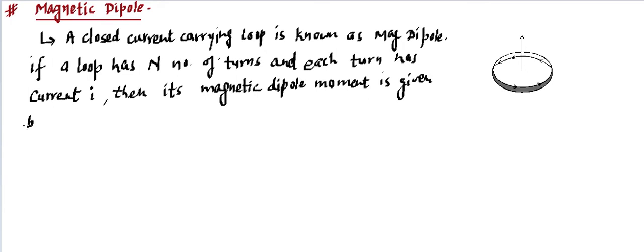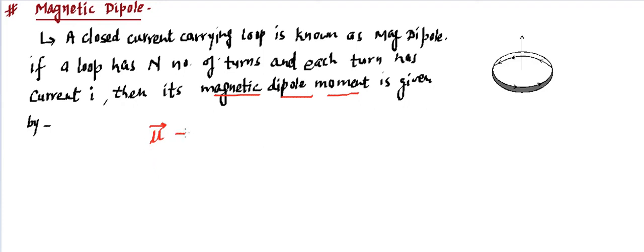so we define a physical quantity called magnetic dipole moment. This magnetic dipole moment is a physical quantity and it is defined like this. We write it as mu. Generally we will use mu later, and sometimes we can also use m. So m for magnetic dipole moment and mu also for magnetic dipole moment. Both have the same meaning over here. They are going to be known as magnetic dipole moment.